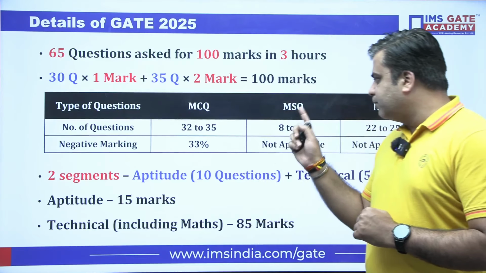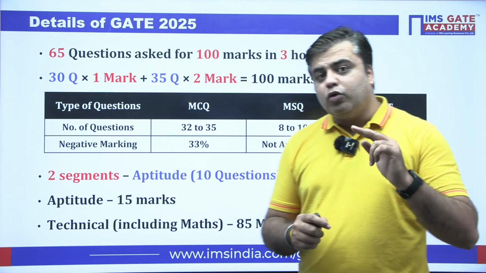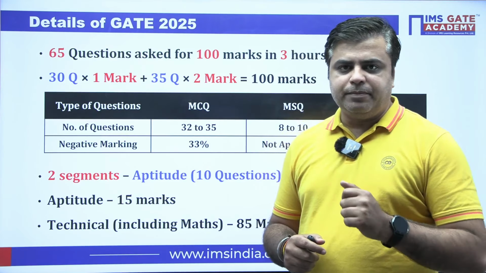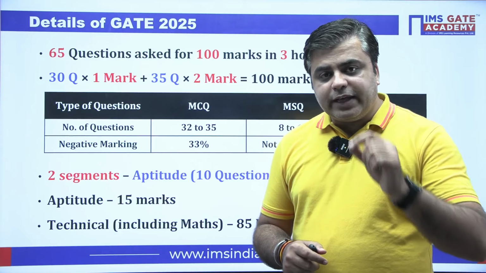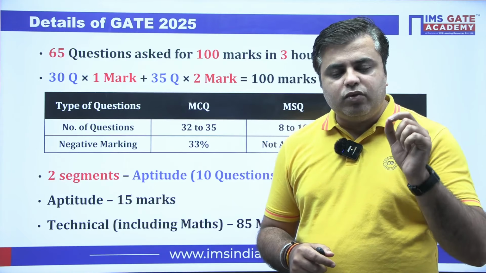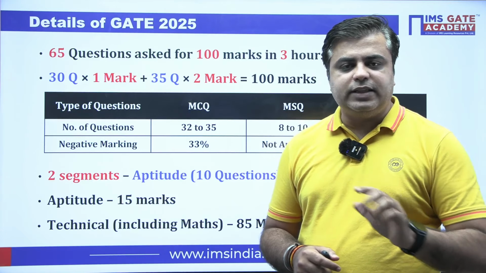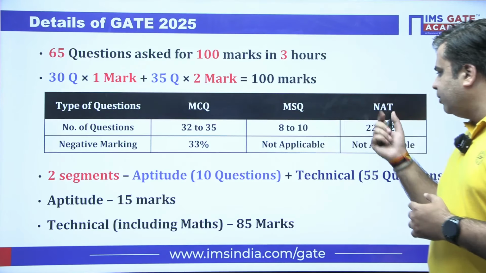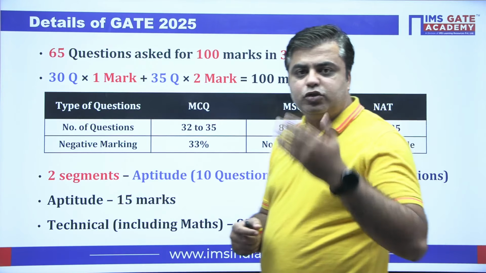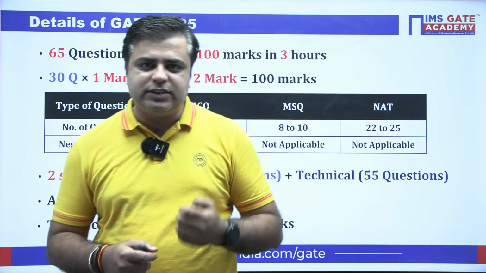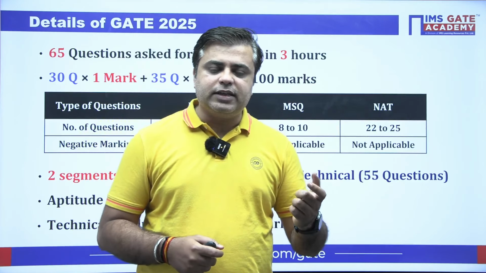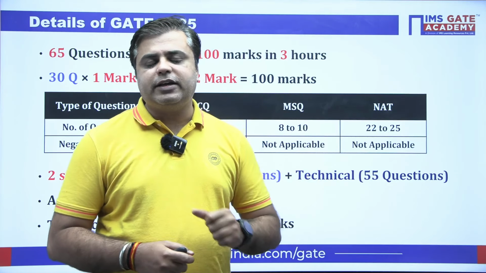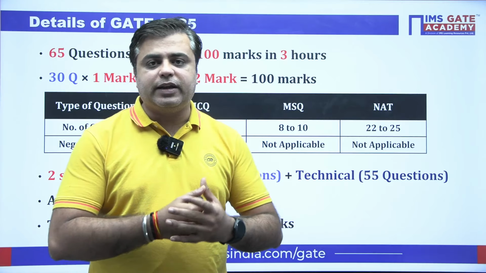Then you have the multiple select question where more than one option can be correct. Here you need to tick mark all the correct options, then only you will get the full marks. There is no negative marking for this variety of question. Next we have the numerical answer type question where you need to solve the question. It's a mini conventional question. Get the answer and you need to fill the data in the space provided in the software in which this